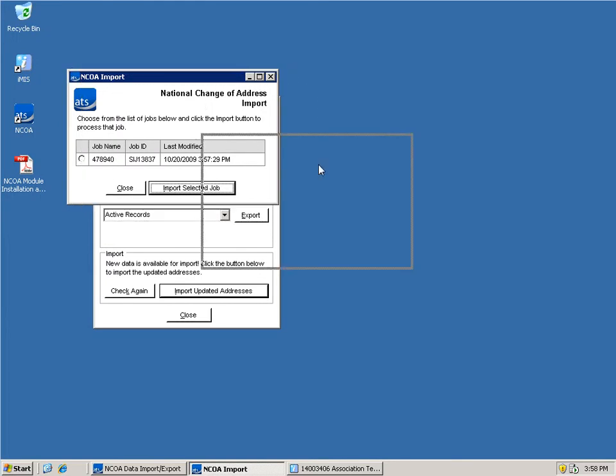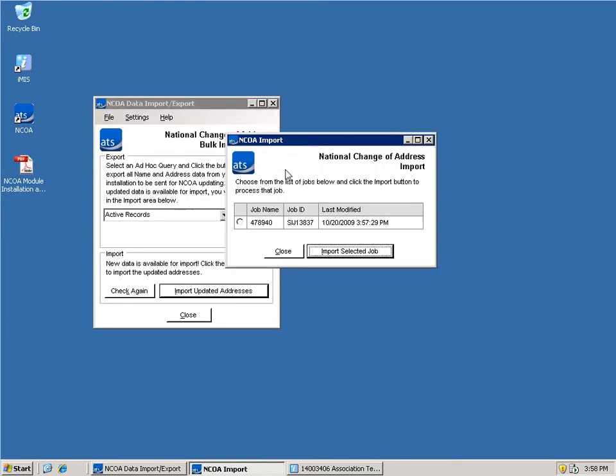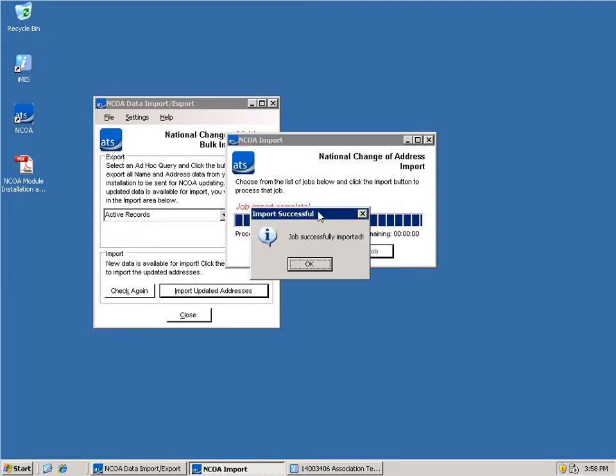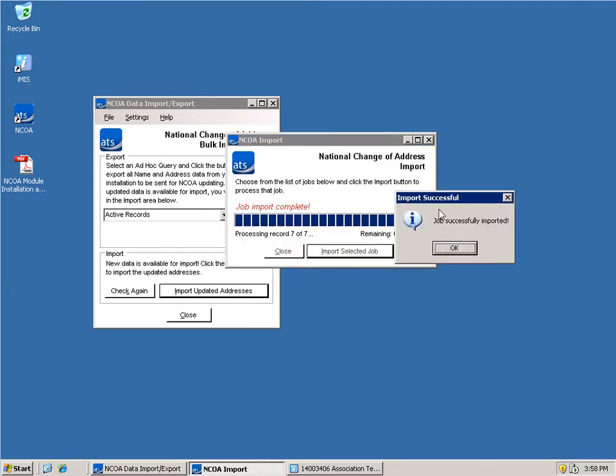And you click on the Import Updated Addresses button, it brings up a new window here. And this will list any jobs that are still outstanding and have not been processed from Lorton. So in this case, we only have the one that we just submitted. We can go ahead and select that and say Import Selected Job. As soon as I do that, it's hands off. It downloads the job, unzips it, reads in the job data, updates all the records in iMIS, shows us when it's processing records that have been updated and making any changes,